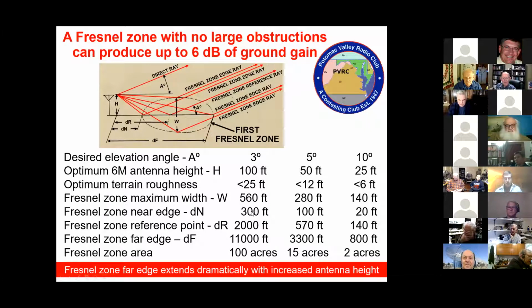It's just not possible. So let's look at the case of a 25-foot antenna, and you notice the Fresnel zone in front of that antenna is only 2 acres. That's a pretty small area. So let's say you're going to a portable location and you want to locate your antenna. You'd ideally like to pick a place where about the 2 acres generally in front of the antenna meets as many of these obstruction criteria, of buildings for example, and terrain smoothness as you can,